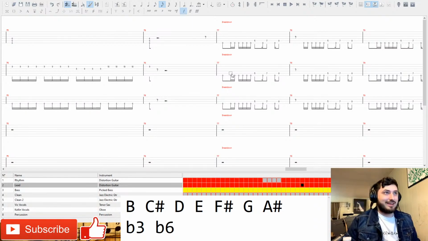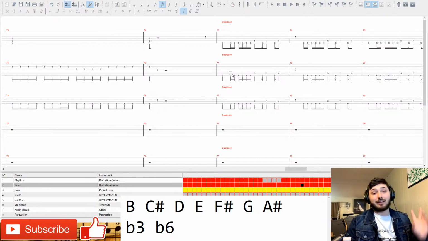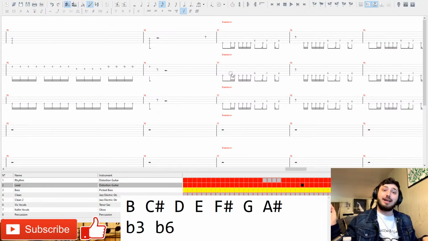So let's check this breakdown out. We've got some open note low string chugs, typical, whatever. That could be natural minor, that could be harmonic minor. We've now reestablished harmonic minor, so let's see what they do with it. So those notes right there are nothing too special. We've got B, C sharp, and D. So that's just going up the natural minor scale, or the harmonic, doesn't matter. Da, na, na. That's just the first, second, and third scale degree.